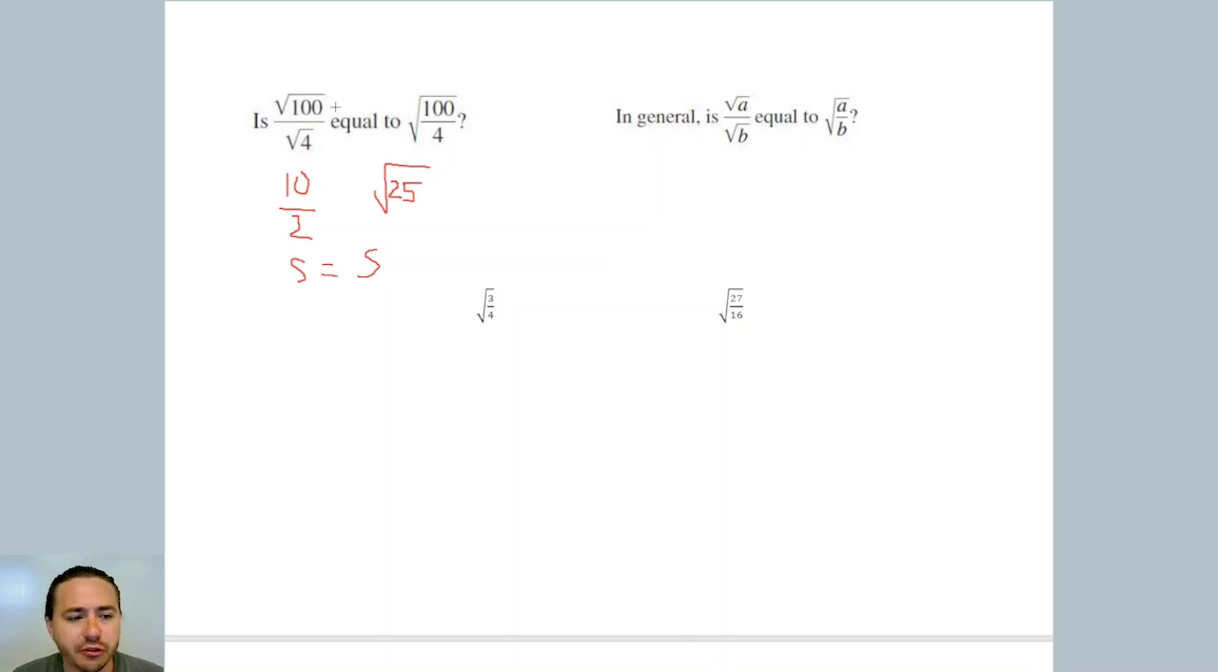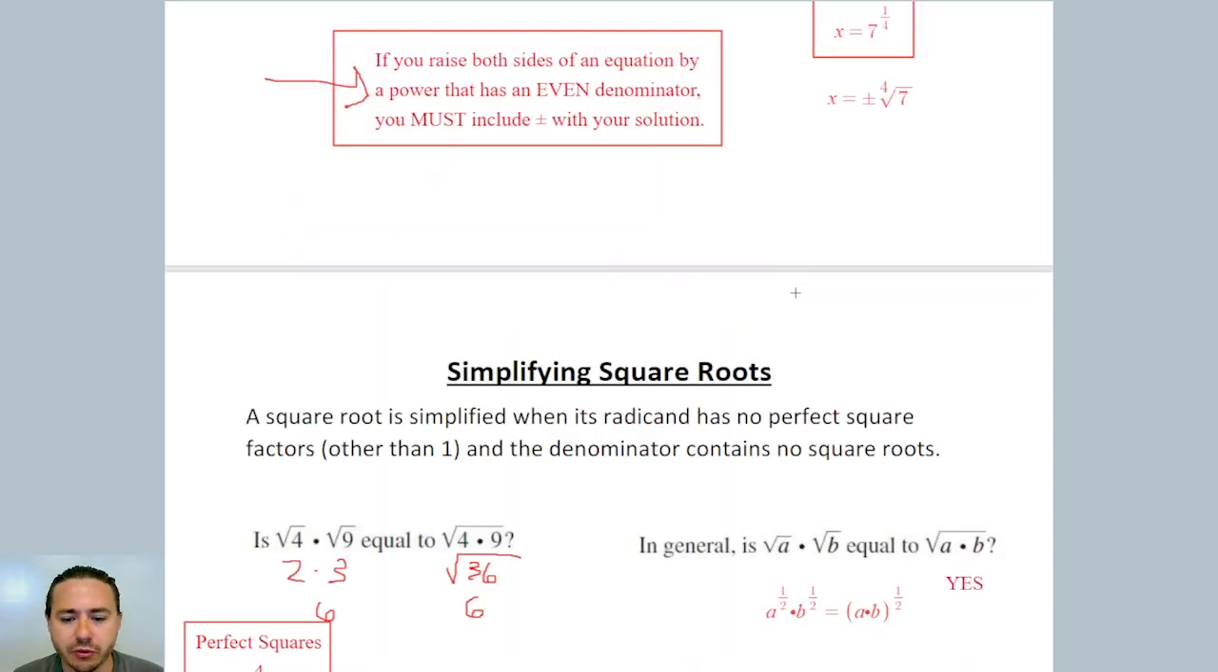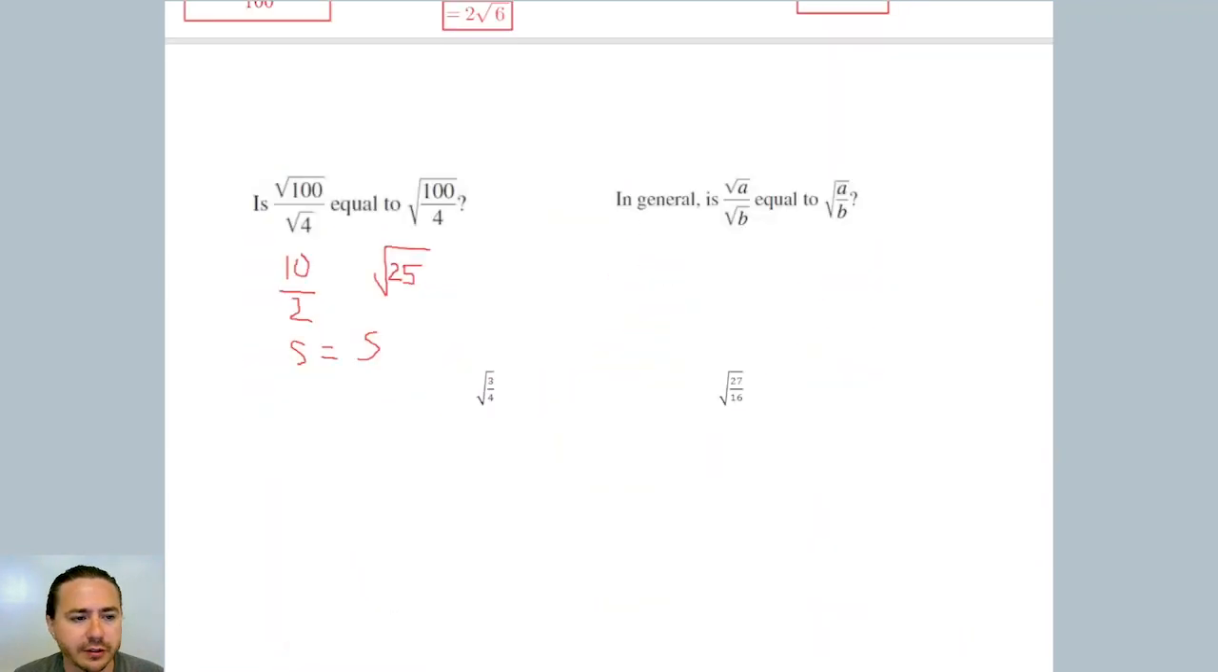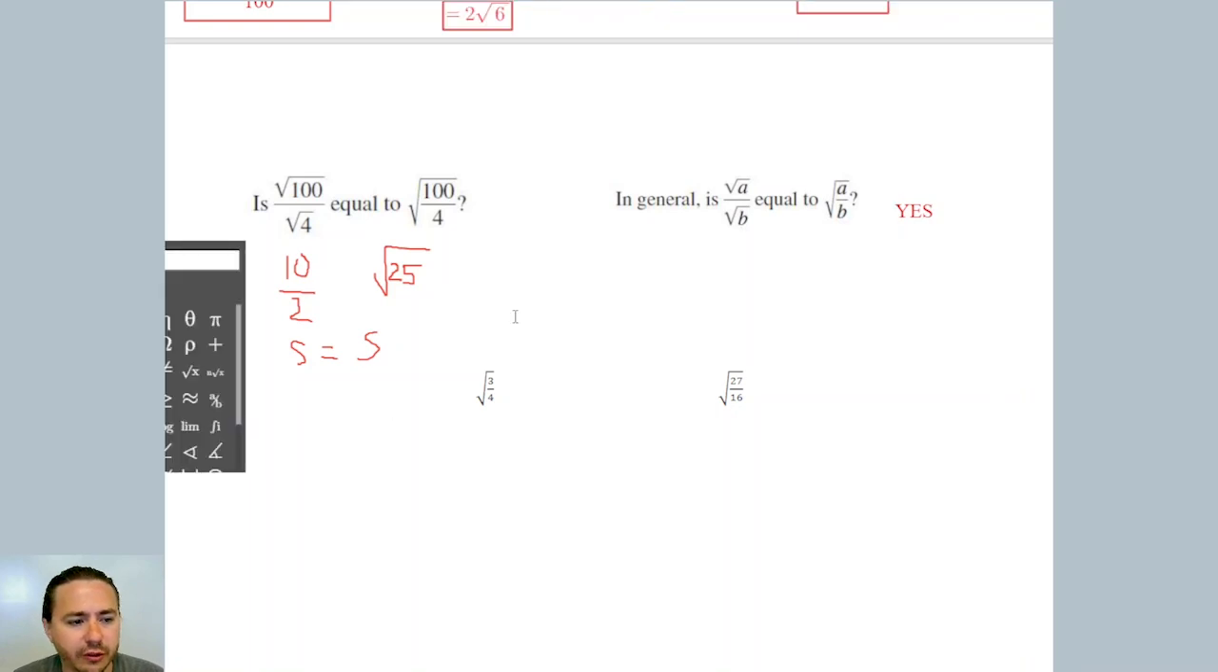So in general, is that true? Yeah, and really for the same reason that this was true. It all comes back to those exponent properties. So here's the exponent property that we're utilizing to show that this is true. Let's write it using exponents since we're using the exponent properties. A to the 1/2 power divided by b to the 1/2 power is equal to a divided by b to the 1/2 power. This is a power of a quotient property, and usually you see it going backwards, but